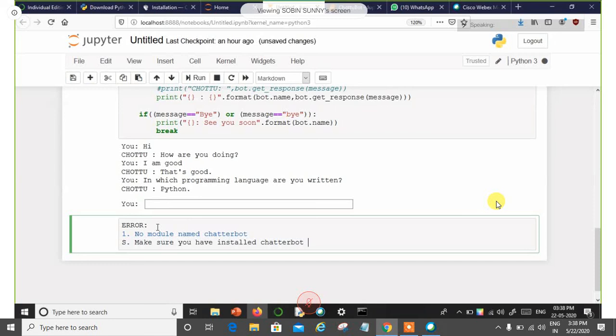You have to make sure that you have installed Chatterbot, because if your installation was a failure, it will show the error, no module named Chatterbot.